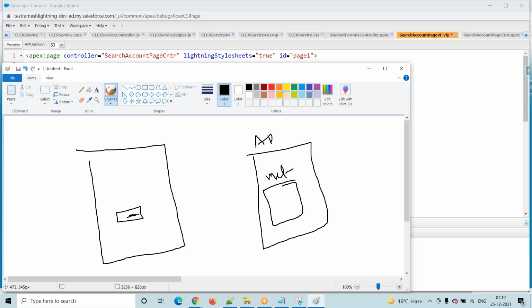What we are telling to this command button? Whenever any user clicks on this command button, go to this JavaScript. In this JavaScript, you have to check it. If we do not enter anything, then display an error message from here. If we enter anything, then what we have to do? I have to call this particular method. This method is at the server side, right? So we have to come into the server. From the server side, we have to call.